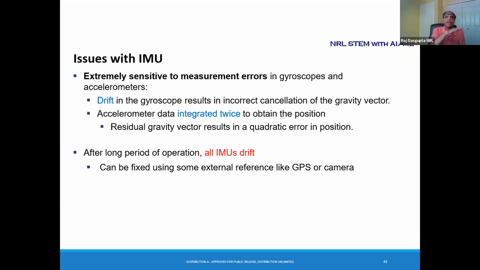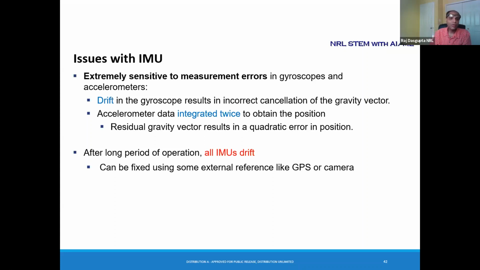So basically, if you have a lot of ups and downs, a lot of fluctuations in the data, what the filter does is it smooths out the fluctuations that might be in the data. Okay. And another issue on IMUs is that the